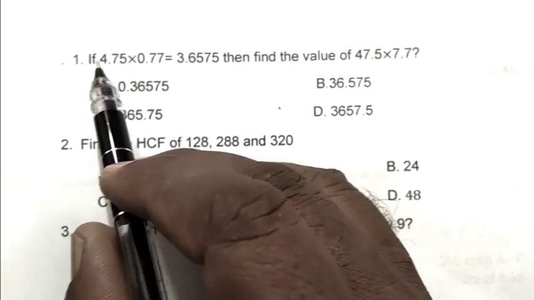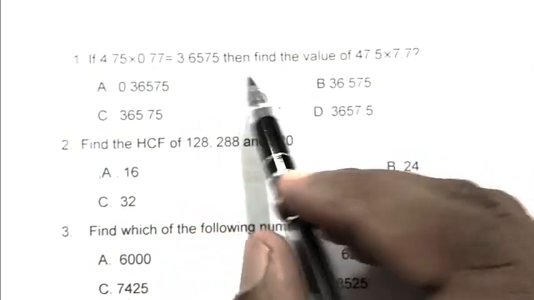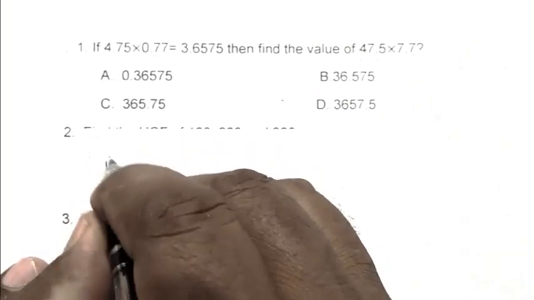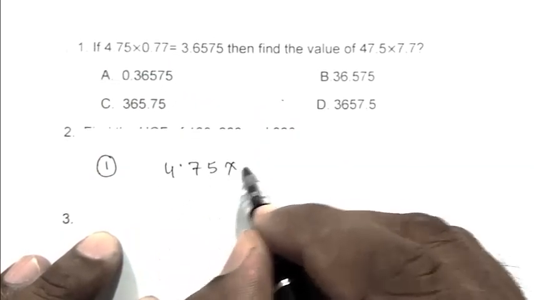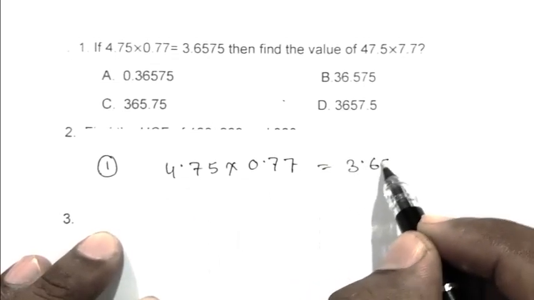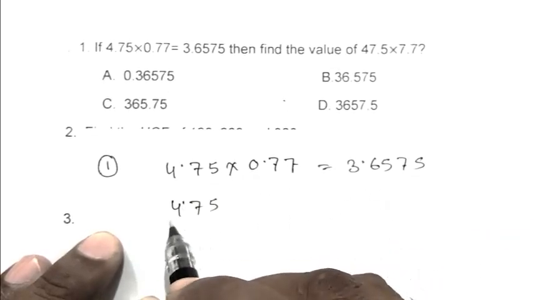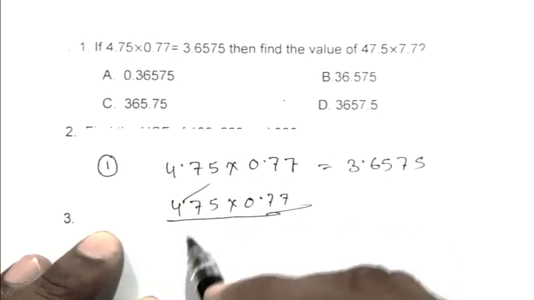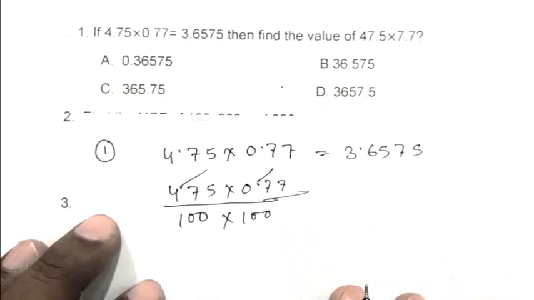Question number 1. If 4.75 into 0.77 equals 3.6575, then find the value of 47.5 into 7.7. First we write this expression. So 4.75 into 0.77 equals 3.6575, that is 475 into 0.77, eliminating the point we get...